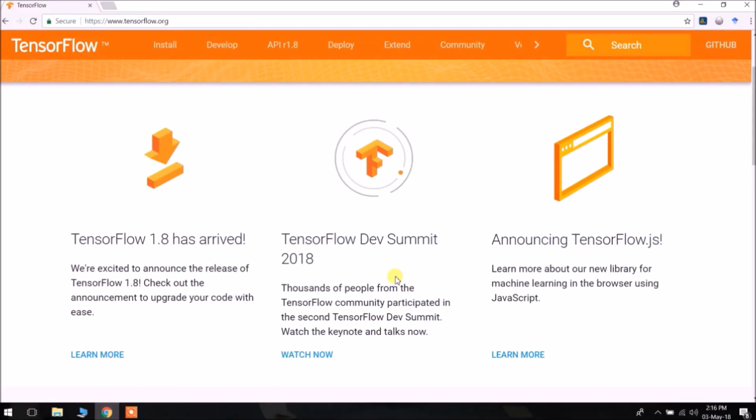Today I am going to show you how to install TensorFlow GPU version 1.8 on a Windows PC. So let's get started. First of all, we need to ensure some prerequisites before the actual installation of TensorFlow GPU